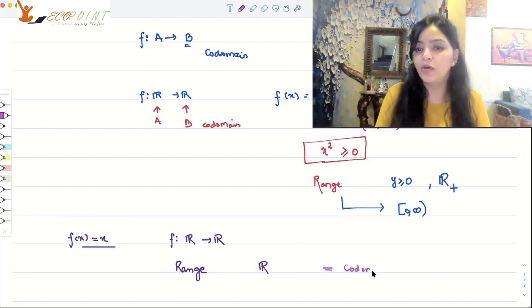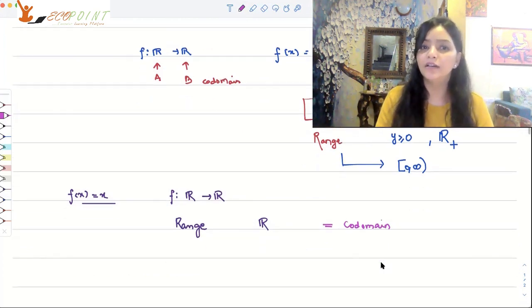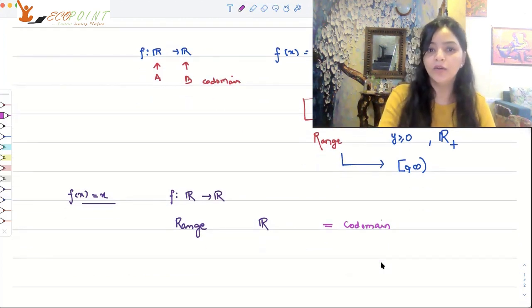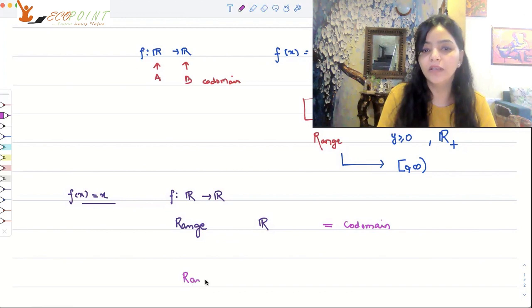I'm going to talk about this scenario later, but here I just want to give you the picture that yes, range and codomain can actually be equal to each other. Otherwise, can you see a relation between codomain and range? Clearly, I can see that range is something which is either equal to the codomain or it must be lying